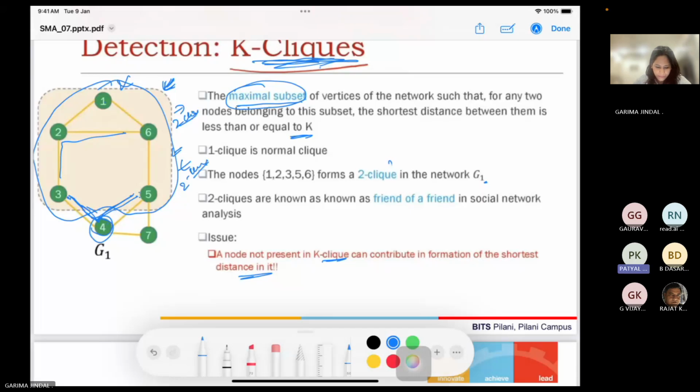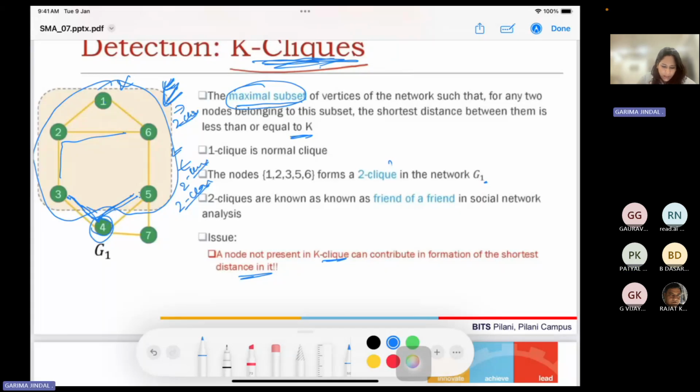Can you repeat the question, please? Okay, so if I'm considering this graph 1, 2, 3, and 4, the highlighted one, can I say this particular graph is 2 clan? No, ma'am, we can still add 5 and 6 and it will be 2 clan, so it might not be the